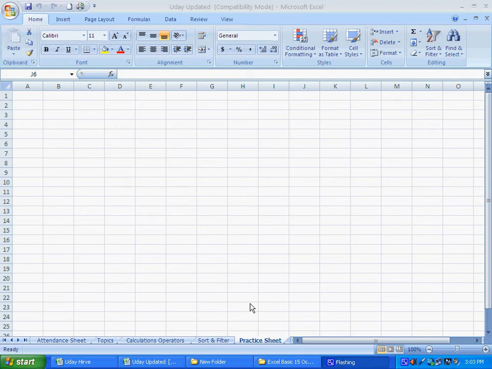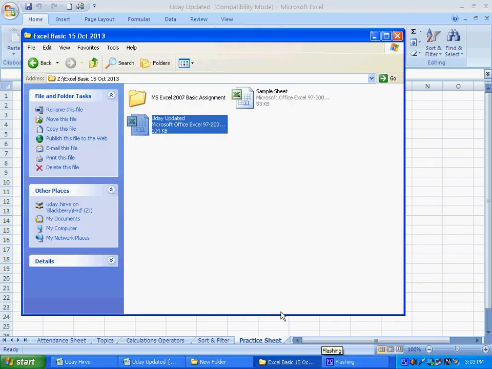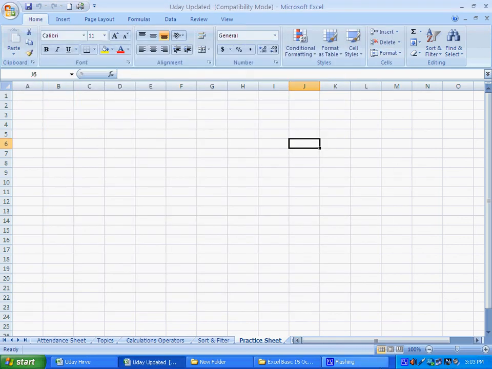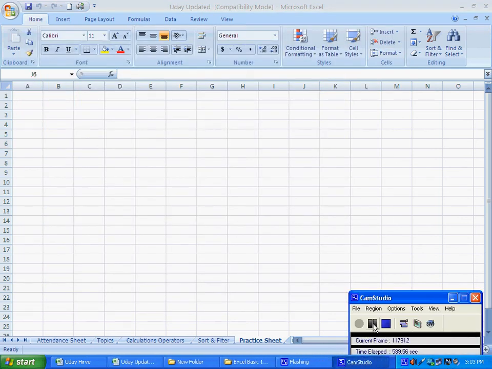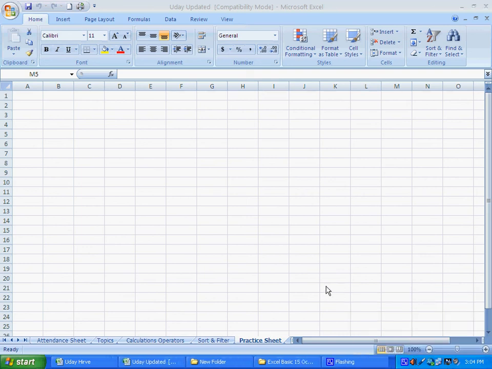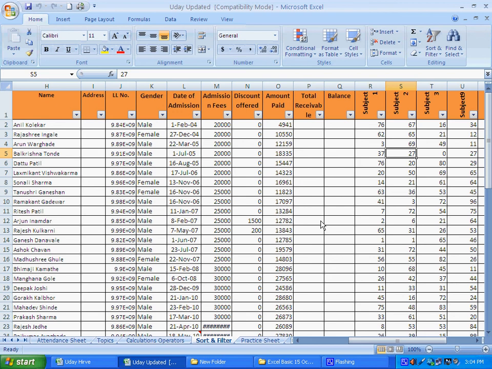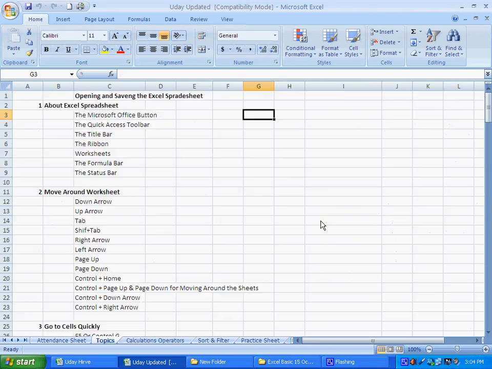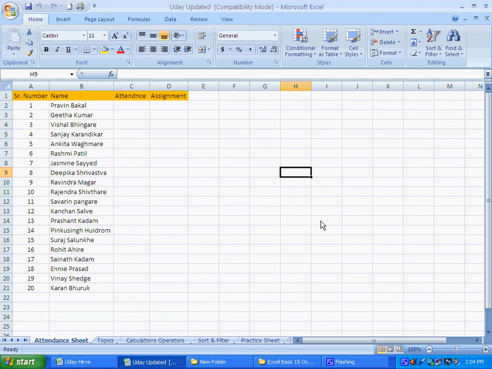Just press Control Page Up and observe. As soon as I press Control Page Up, I can move around through various worksheets.